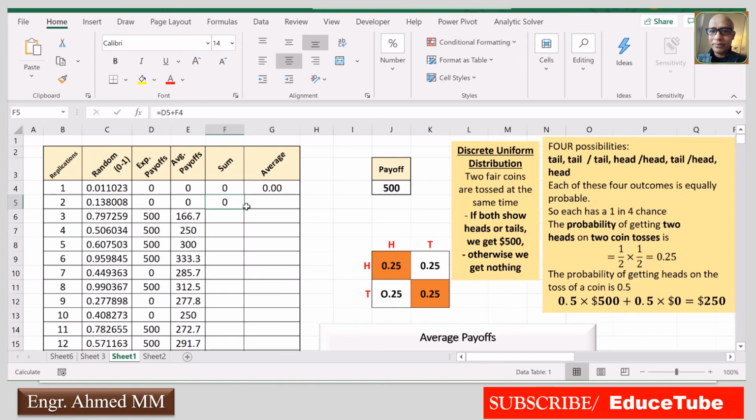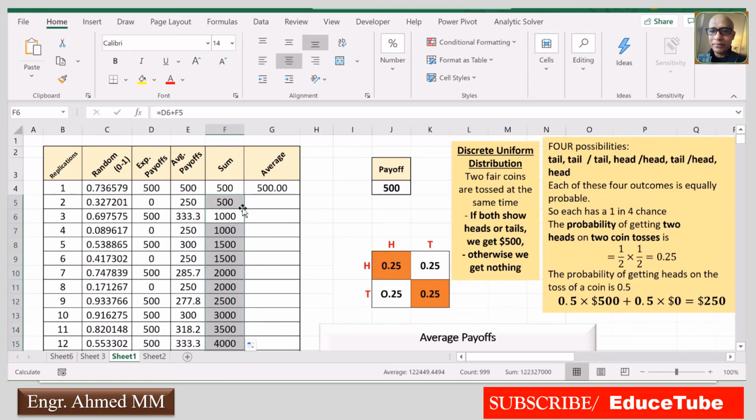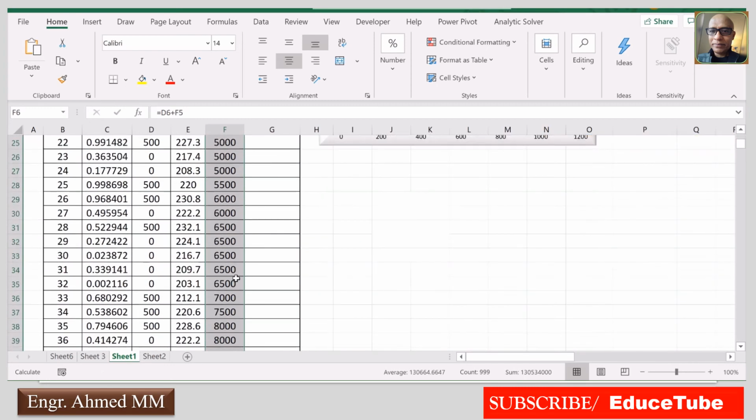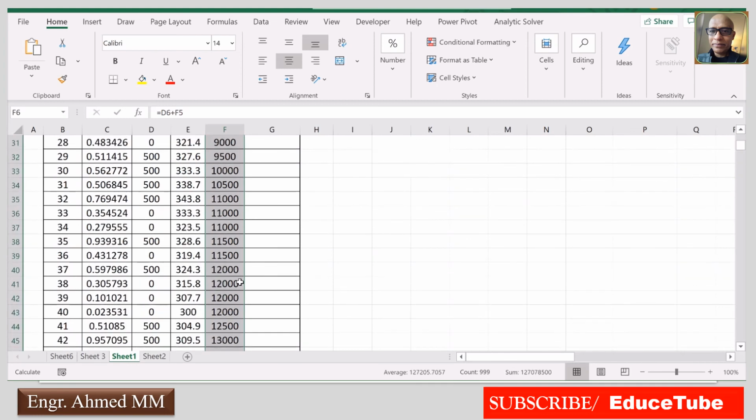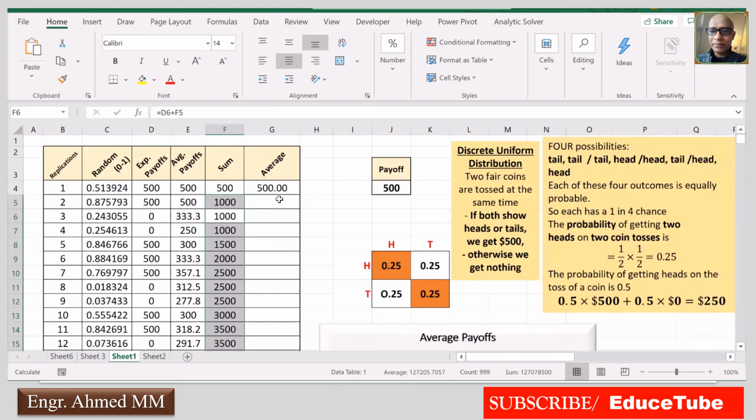So it will create a cumulative sum. So if you click it here, it created the cumulative sum. Cumulative sum means continuously it is increasing. Now, if you want to make the average of this, same as this one, because I told you this is the Excel formula used.